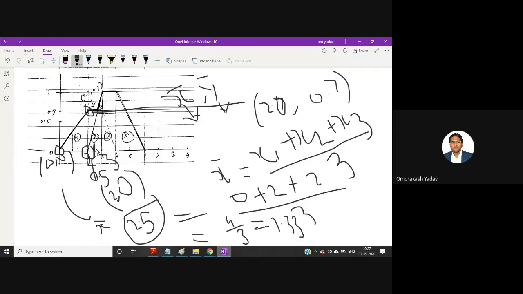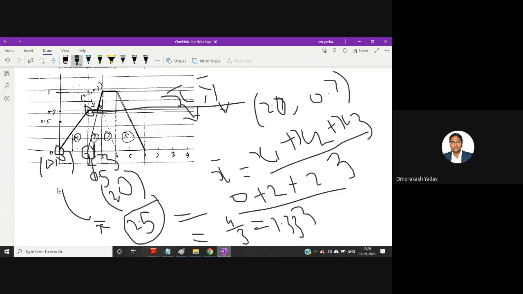For determining the x bar for this rectangle, I just checked which is the middle point. This is only 1 unit, so I just did 1 unit divided by 2, because I want to calculate the half point of that. So this is 0.5. And how far is this point from the origin? I calculated 1 unit and 2 unit, so this point is 2 units apart, plus 0.5. So this is calculated to be 2.5.